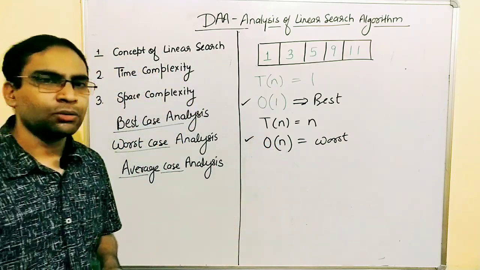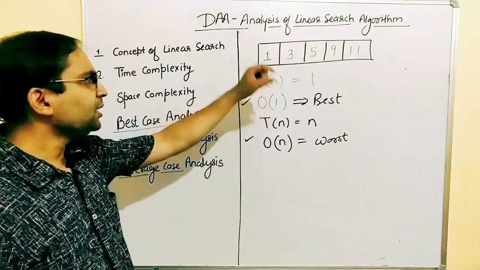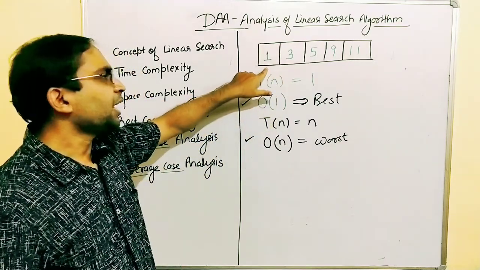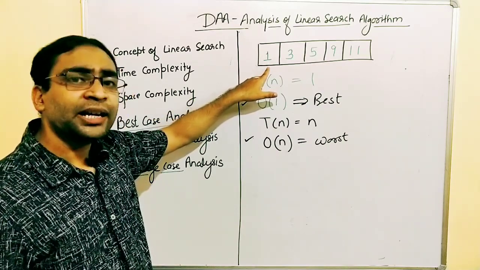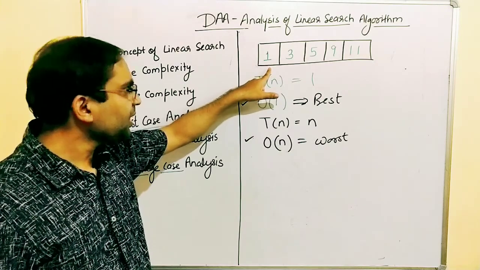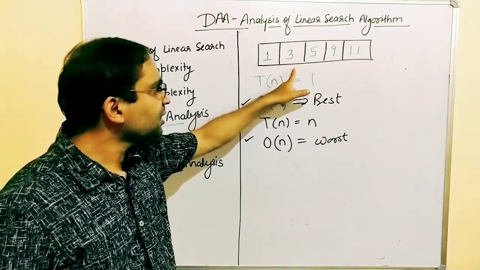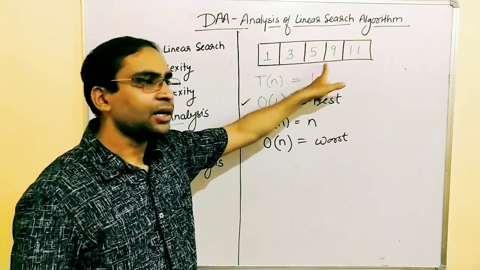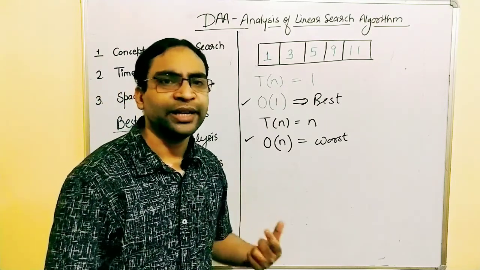Now let's talk about the average case. How can we get the average case? We can find the time function for each element. Let's say how much time we take in finding the element at first index, plus how much time we take in finding the element at second index, then plus at third, and so on. And then finally we divide all by the number of elements.